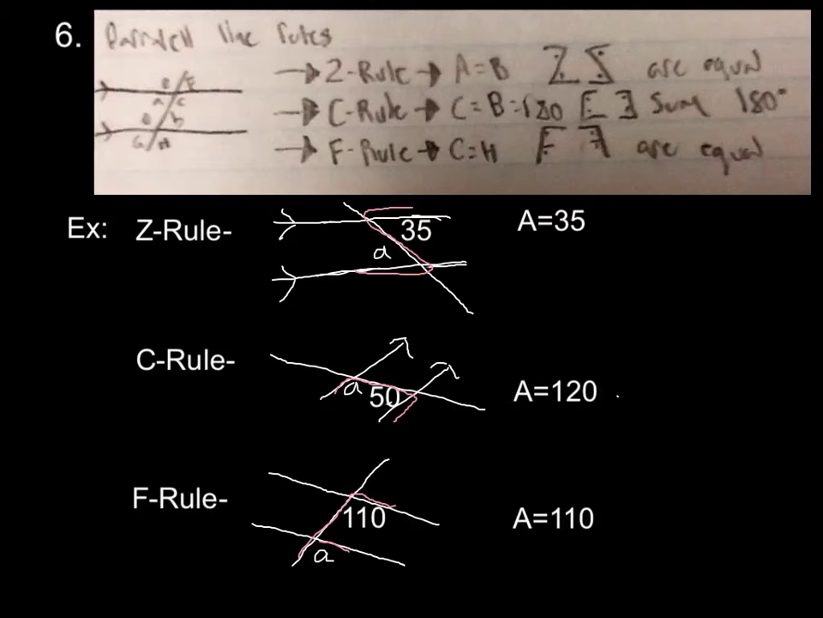For the Z rule, as you can see here, one angle is 35, and I drew out the Z in pink so you can see that. Both armpits of the Z are the same, so A equals 35. The C rule, as you can see here,